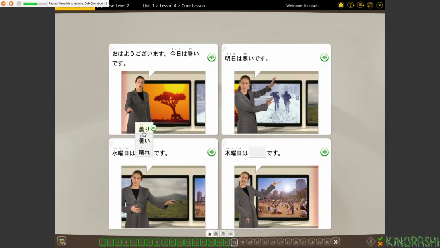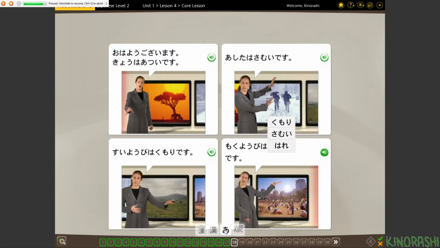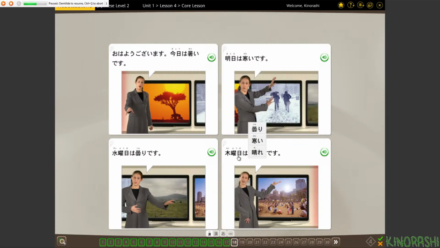There's something down below trying to receive the sun but can't since it's blocked. 水曜日は曇りです。木曜日は晴れです。木曜日、wood day. 木曜日は晴れです。